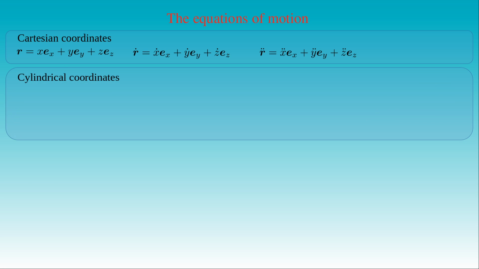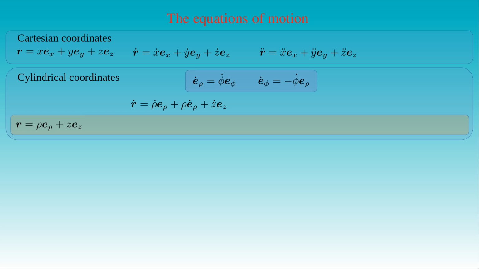In the cylindrical coordinate system, these expressions will be more complicated since two of the basis vectors are also changing in time. The position vector r has two coordinate components, ρ in the direction of the ρ coordinate line, and z in the direction of the z-axis. Since the basis vector e ρ depends on the time parameter t, the derivative of the position vector is equal to ρ dot times e ρ, plus ρ times e ρ dot, plus z dot times ez. We have already seen that the derivative of the basis vector e ρ is equal to phi dot times e phi. Then we obtain the first order derivative of the position vector. Its rho component is the derivative of rho. Its phi component is rho times the derivative of phi. And its z component is the derivative of z.